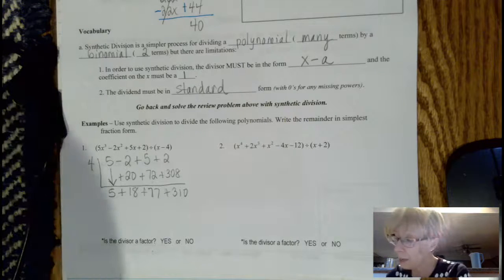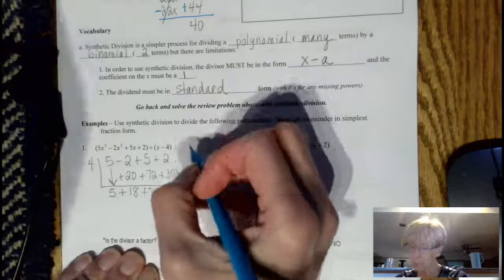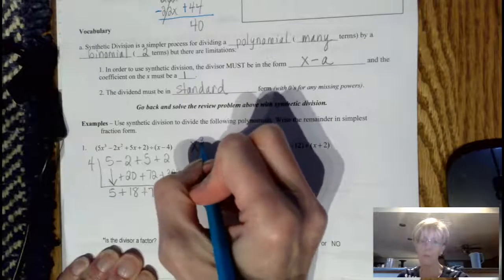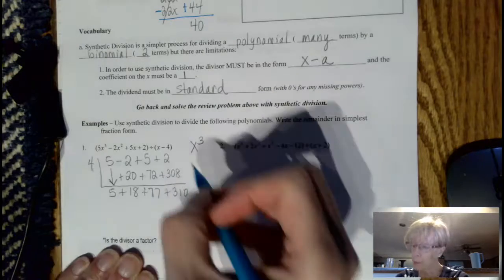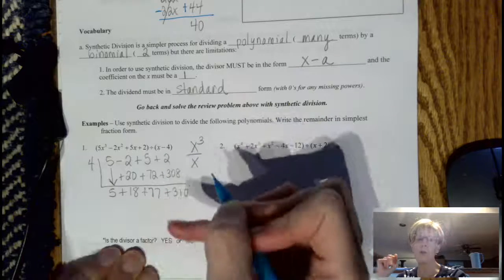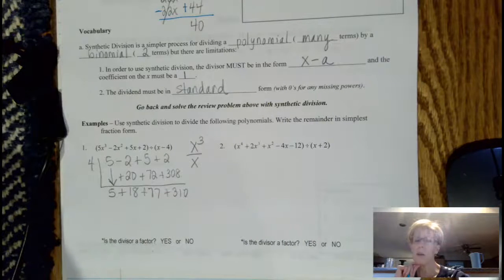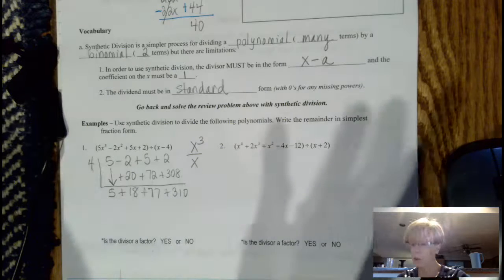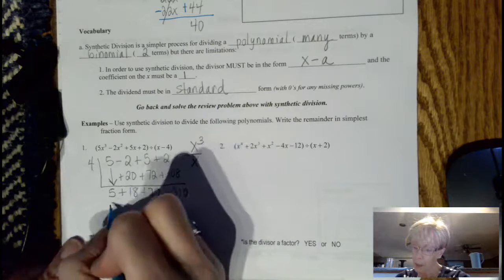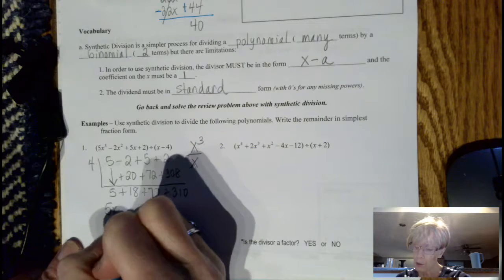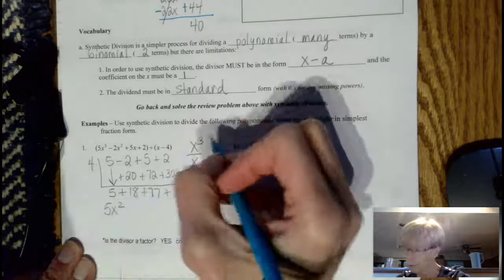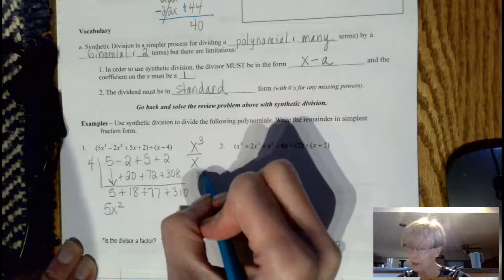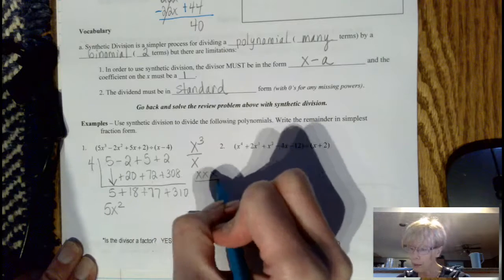Let me be a little bit more specific here on problem number 2, because I didn't really go back and talk about the 4x minus 12. That's standard form. We started with the highest degree term and then we kept descending down. We're dividing in the format of x plus a or x minus a. So our divisor is in the proper form. And when we set this up,